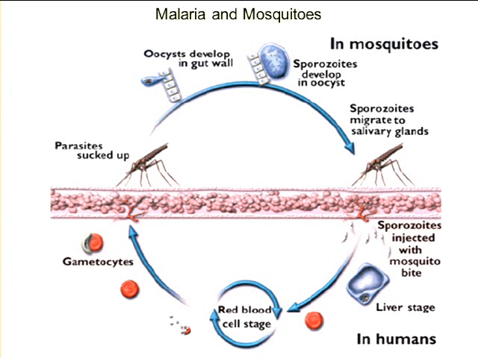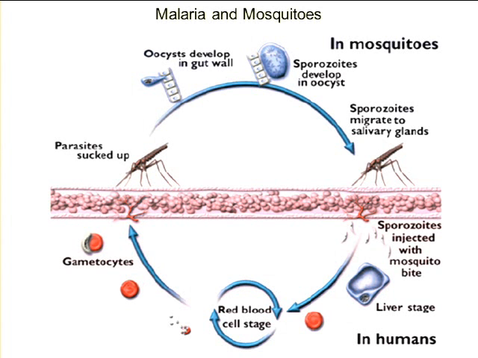After they're in the gut wall, they're going to develop into what's called a sporozoite. And the sporozoites will migrate to the mosquito's saliva, and when she takes her next blood meal, those sporozoites are injected along with the mosquito bite. Okay? So that's how the cycle spreads. So it comes from one person, develops in her belly, and then migrates to her saliva, and then when she takes the next blood meal, the sporozoites are injected when she starts eating. Okay? So that's the mosquito stage. I'm going to show you the human stage in more detail on the next slide. But that's the mosquito stage.